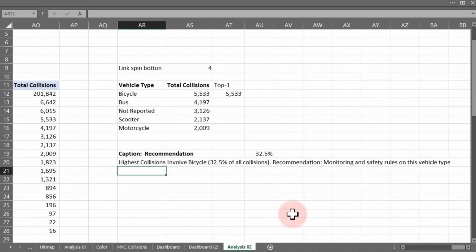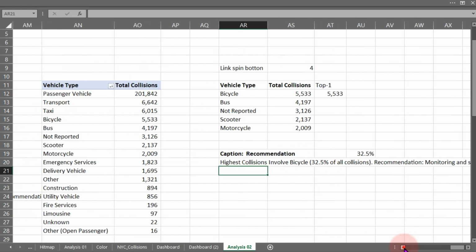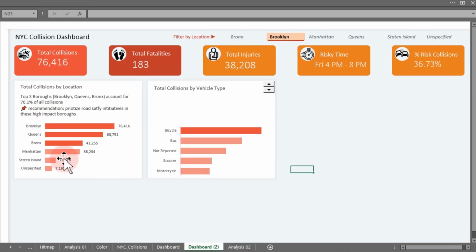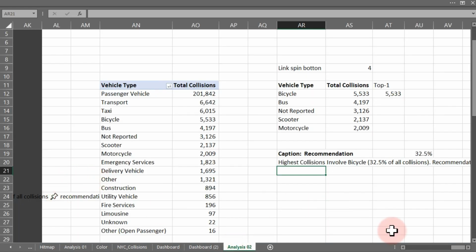That's a recommendation. So if you remember what we have done here, we added something, which is this particular icon here. So to add this same icon,